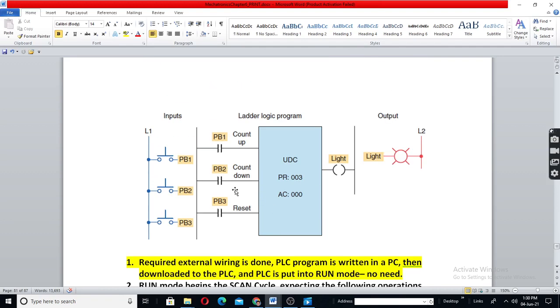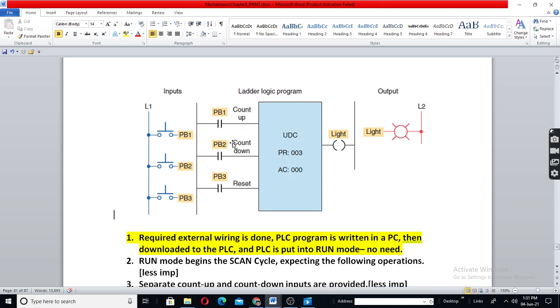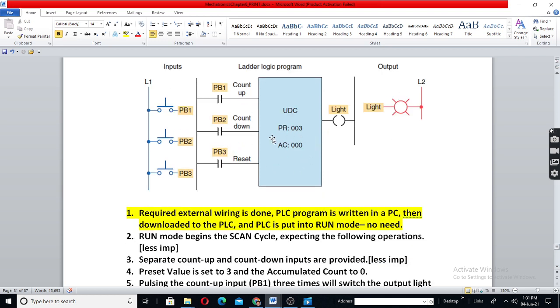Now, when PB1 is pressed, up counter. When PB2 is pressed, down counter. It will count down. PB3 is for reset operation. When we press PB1 three times, accumulator will reach 3, light will be on.